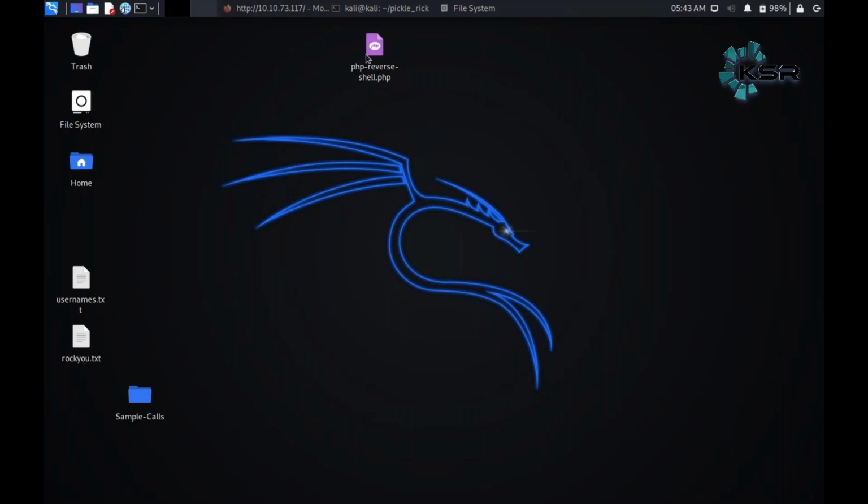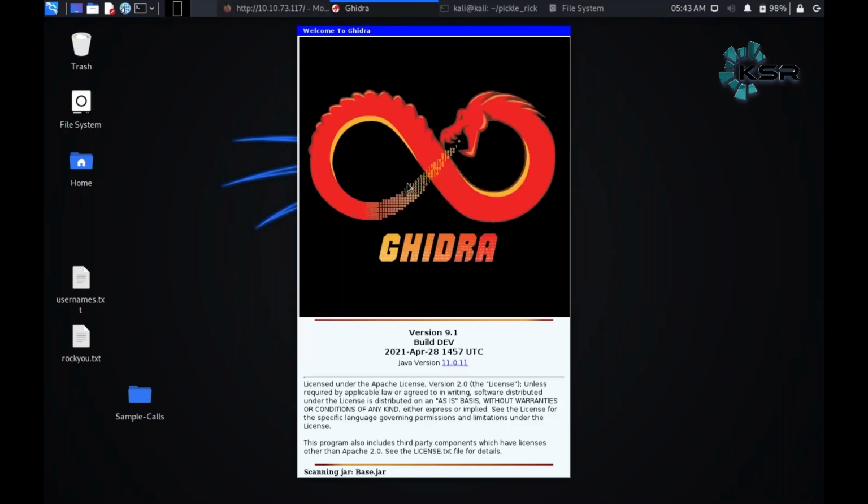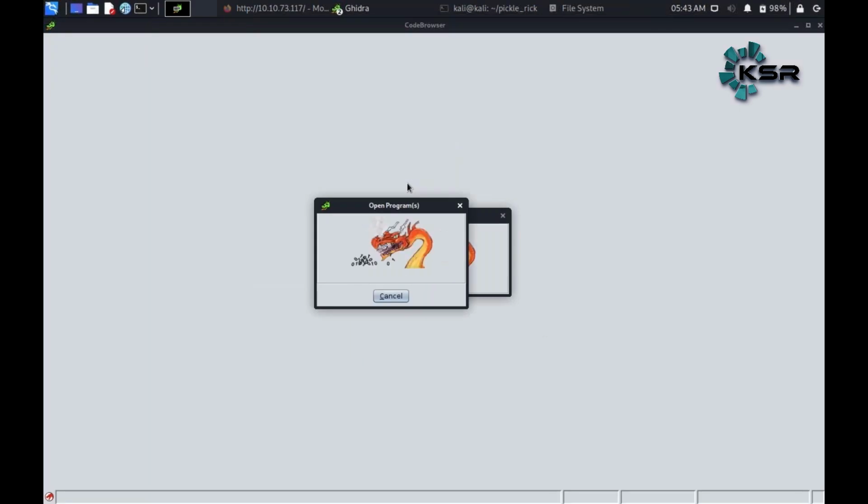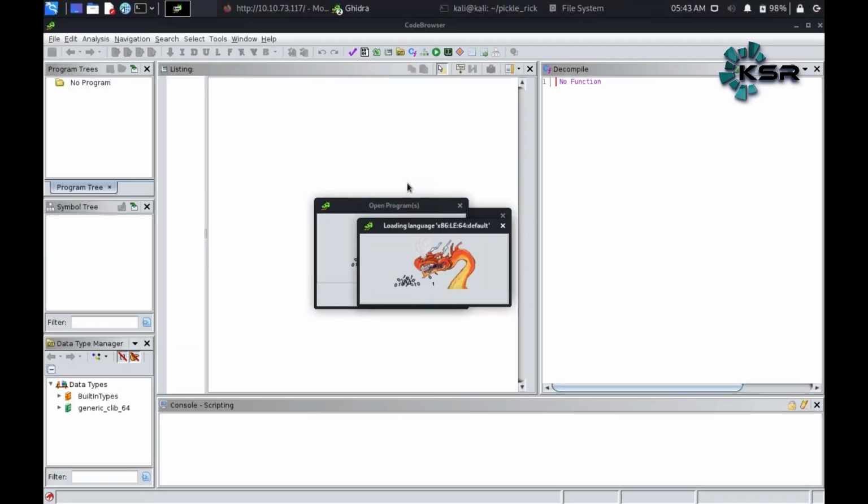Takes some time to open up, don't worry about it. So this is a tool called Ghidra, and using this tool we will try to open up an executable. All those files that you have been working with, exe, dmg, .bin, the executable files, can be opened up and you can look inside the source code.